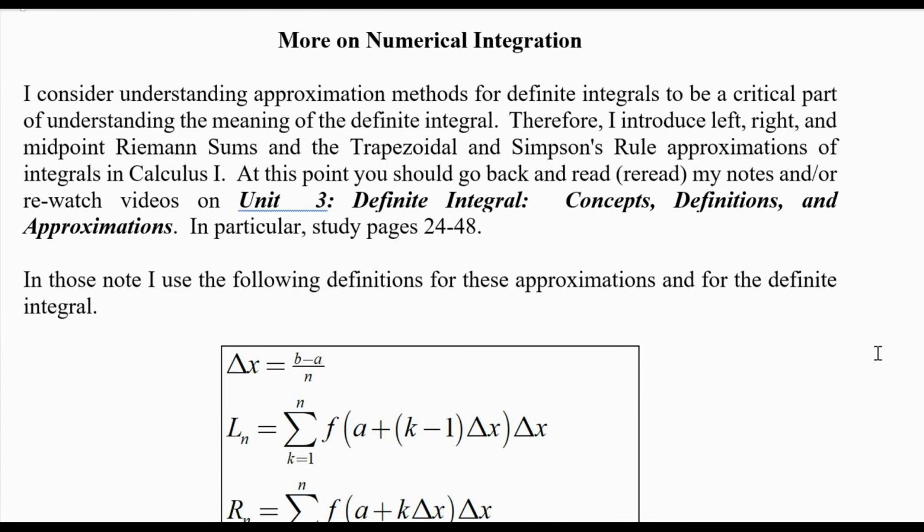Now let's talk a little bit about numerical integration. I've actually talked about this quite a bit earlier. So I consider understanding approximation methods for definite integrals to be a critical part of understanding of the meaning of the definite integral. So I introduced left, right, and midpoint Riemann sums and the trapezoidal and Simpson's rule approximations of